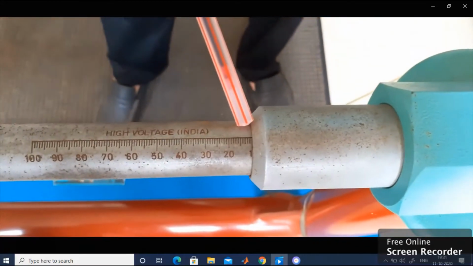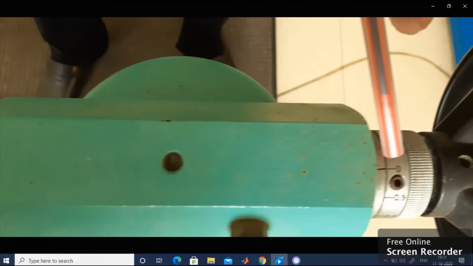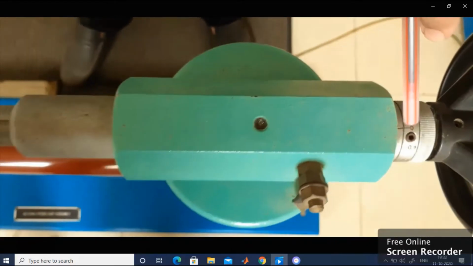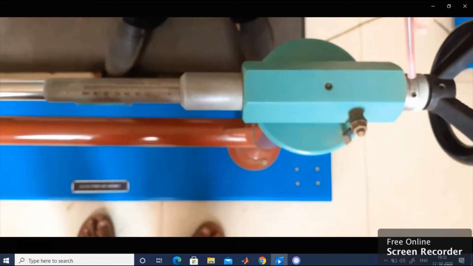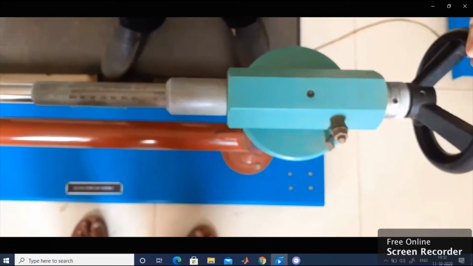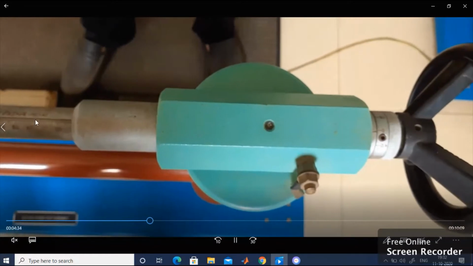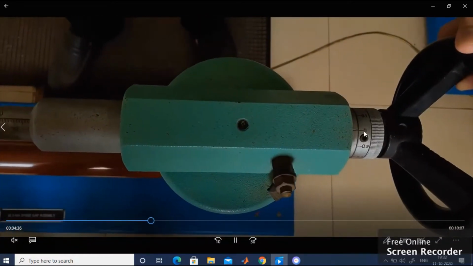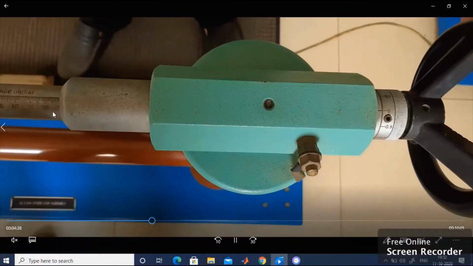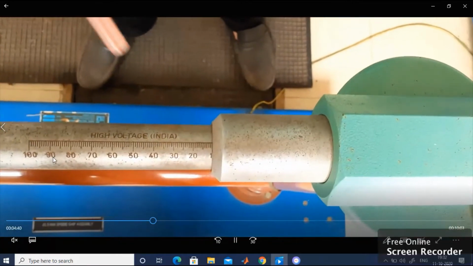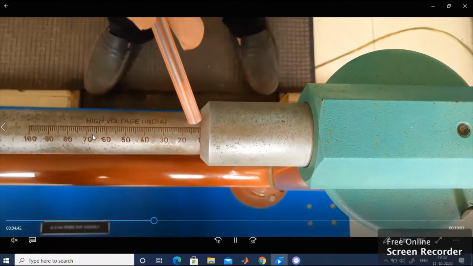This is a uniform combination. Why? Because both are plane. Both the electrodes are plane. Definitely I should say that this is a uniform configuration. Now here it should be 10 and the supplementary scale should be 0. Then only it becomes 10.0 mm. 10.0 is nothing but 10 mm. So the gap between the two electrodes is equal to 10 mm. That you can clearly observe.